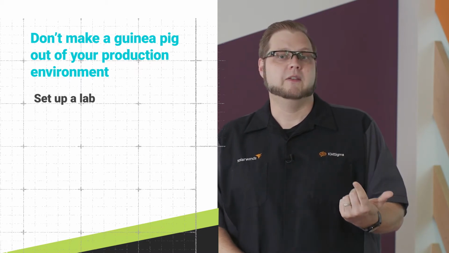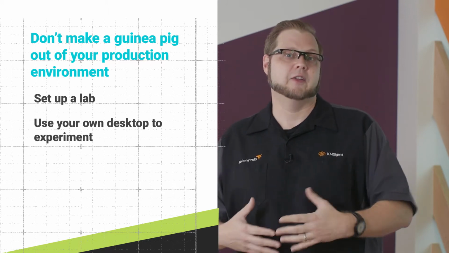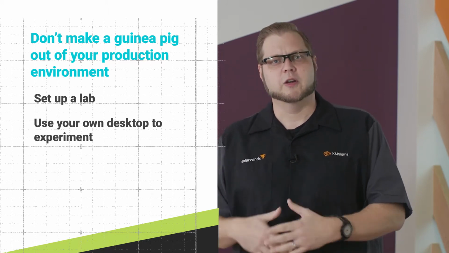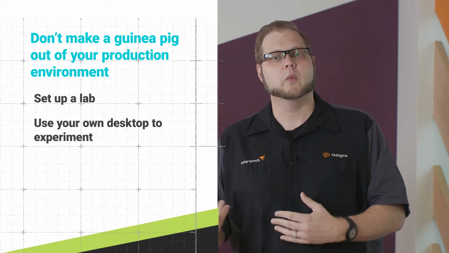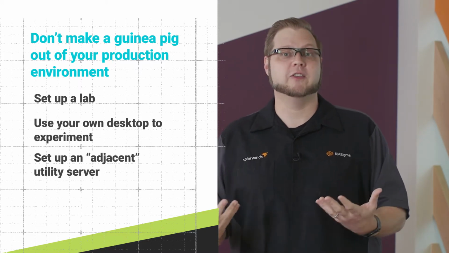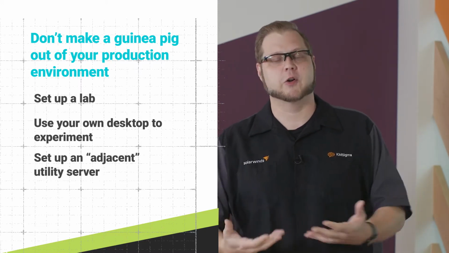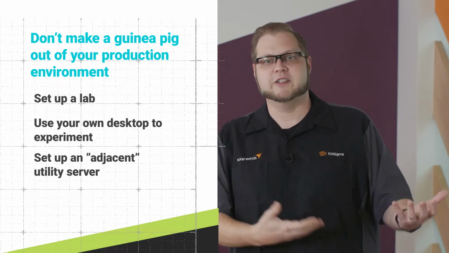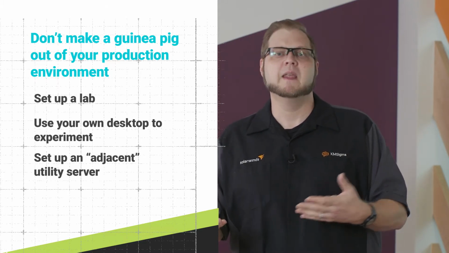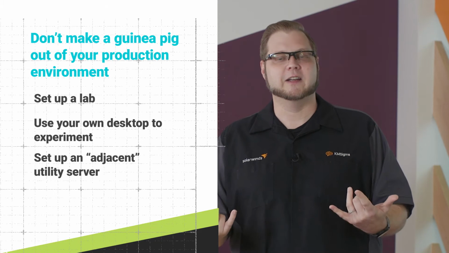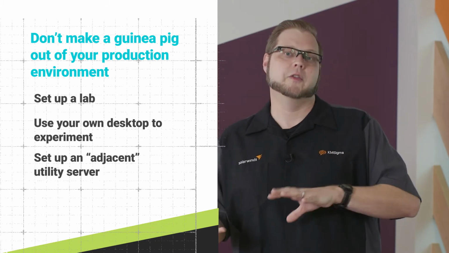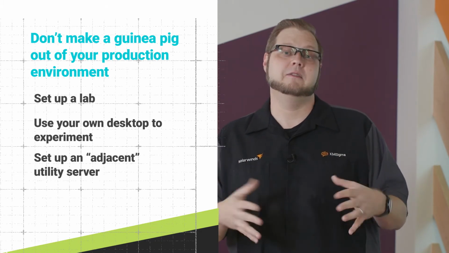The first way would be to use your own desktop or machine as basically a proxy for that, to run the scripts, to troubleshoot them and work on them. The other one would be to set up what I refer to as a utility server, which is basically adjacent to your Orion server. And the reason I call it adjacent is I want it on the same subnet so that they can talk to each other cleanly and easily. But by not putting this extra software on the Orion server, you keep it clean and you don't actually have negative benefits from having to reboot whenever you update things like this.